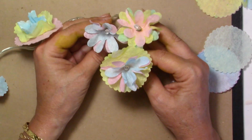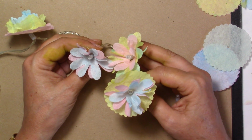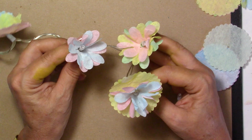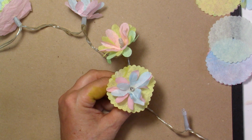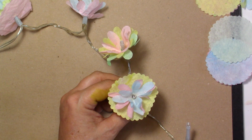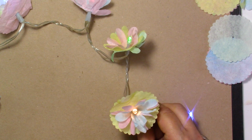There are more pastel colors here, but you could do brighter colors if you wanted to. When it's going to be autumn, you could do, you know, darker colors, a deep red, a deep green, and browns. But they're so easy. And now I'm going to put the light on. I'm not sure because it's really bright in my room because of the video. I'm going to try and turn off the lights to see how it works. It's not going to be pitch black, but